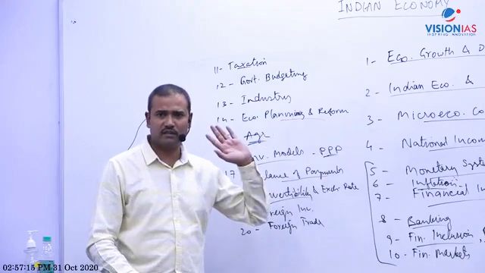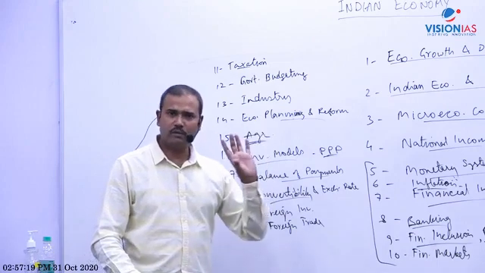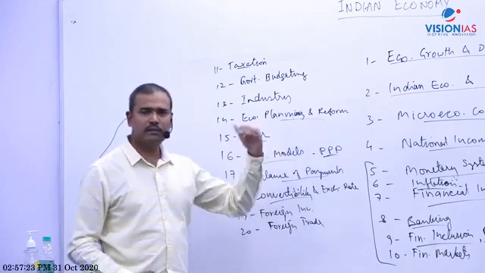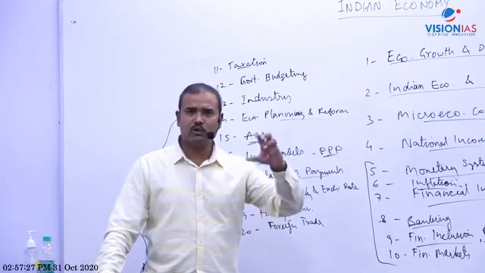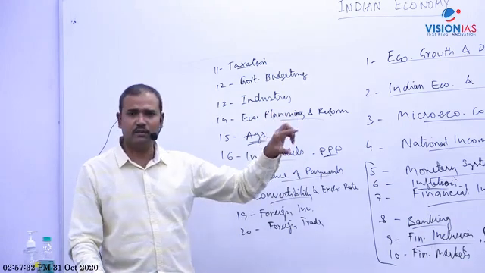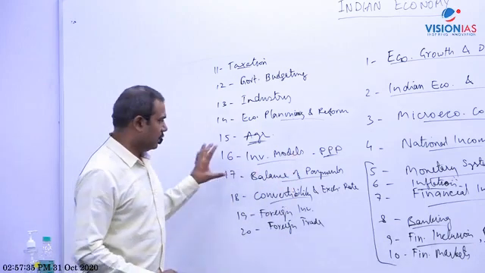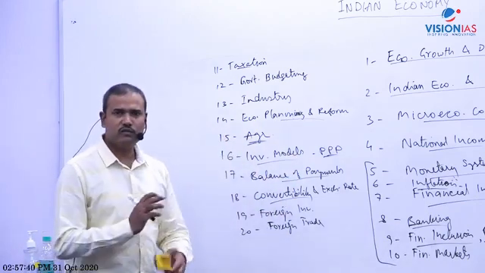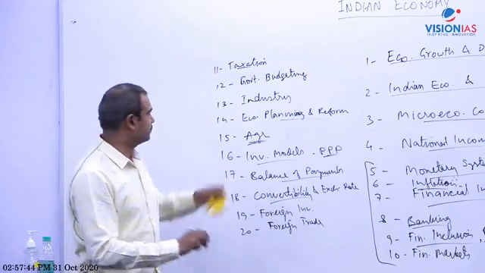Some aspects I will discuss here. In agriculture, also some minor topics will be taken up in geography, but the major part I will take, almost 80%, maybe 20% of this topic will be taken up in geography, like for example cropping pattern, which is based on climate, soil, etc. So that will be taken up in this. Even irrigation to some extent will be taken up in geography. So other topics I will cover in here. So this is the coverage of the syllabus that I will cover. Just a broad idea of what we are going to take up.